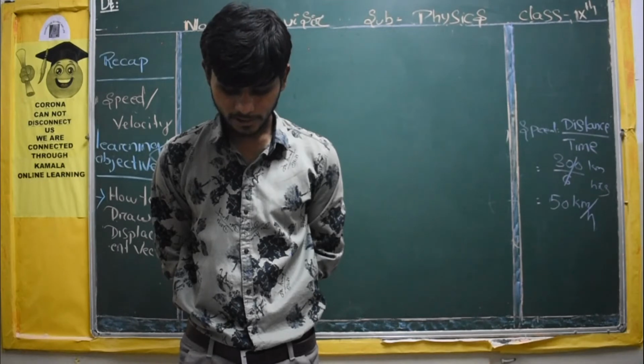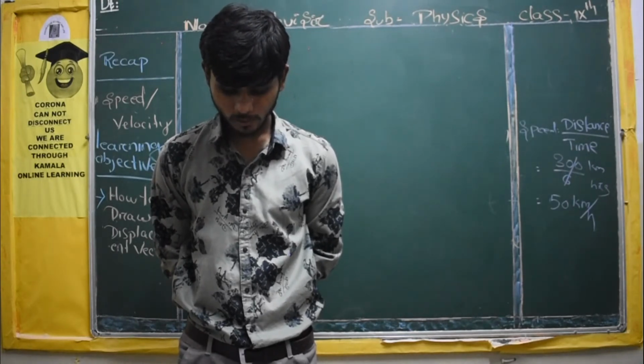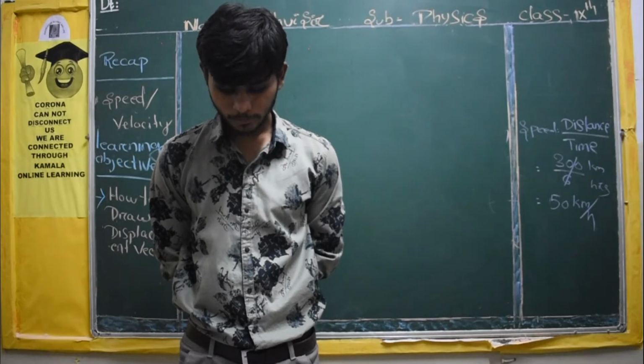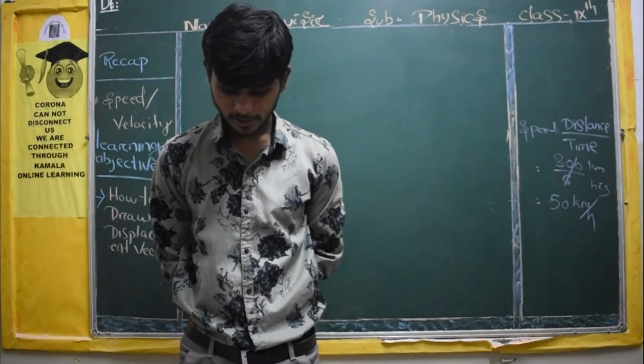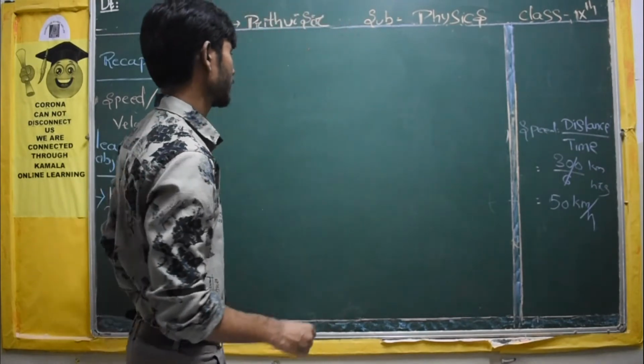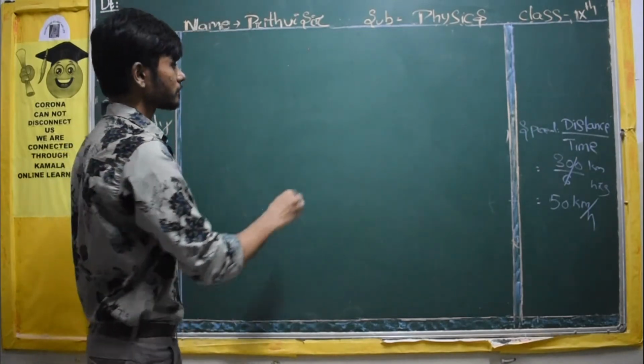When you clap your hands, the students at A start running towards point B in any path. At the same time, the students at B start their stopwatches. See that for each runner, there is a student at B to measure the time taken for the completion of the race. Note the time taken by each student to cover the distance from point A to point B. Suppose this is our school field, this is our school ground.